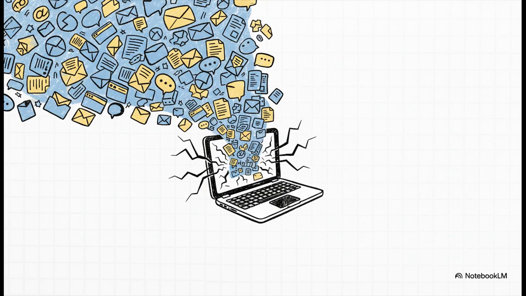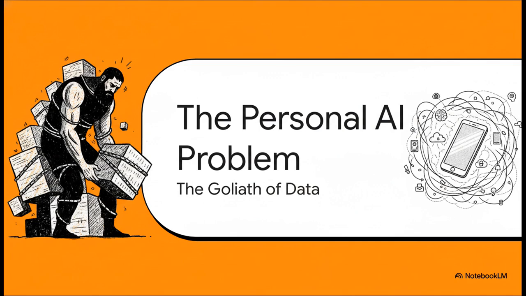And here's the catch. To give an AI that kind of deep personal context, you first have to process and store an index of your entire digital life. And it turns out that takes up an absolutely enormous amount of space. So much so that it's just been completely impractical for pretty much everyone. We're calling this the personal AI problem. And it really is this Goliath of data storage that's been standing in the way of having a private, personal AI assistant that can just run on our own devices.